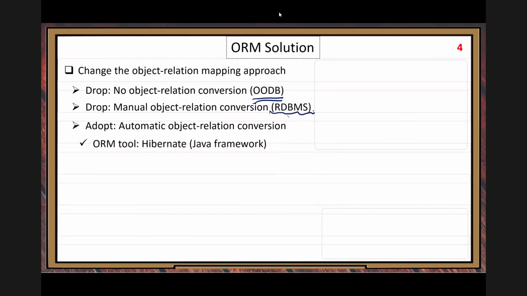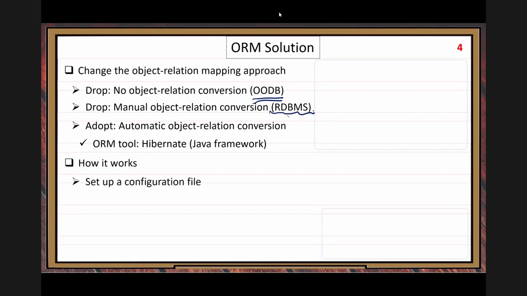So here, when we use a certain Java framework mapping tool, like Hibernate, which is just one of them. There are several other mapping tools. When you do that, there are a few ways it works.